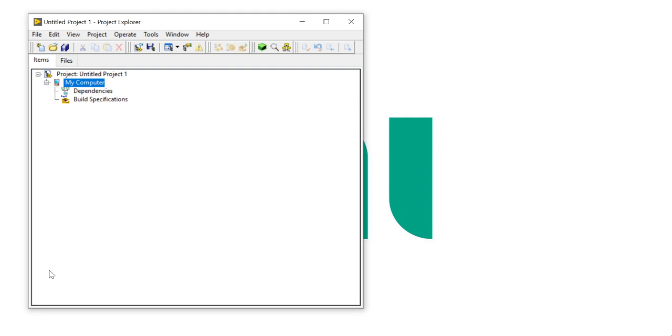What is the concept of build specification? Build specification includes the build configuration for source distribution. Suppose you want to design a .exe file of your project, installer file of your project, zip file of your project, or shared library of your project. So build specification will help you.